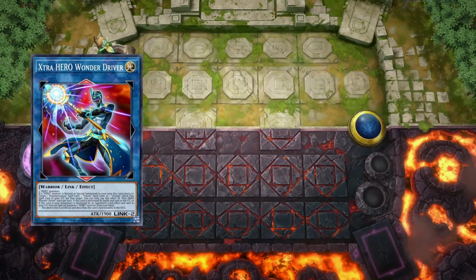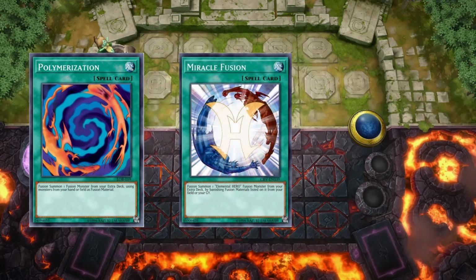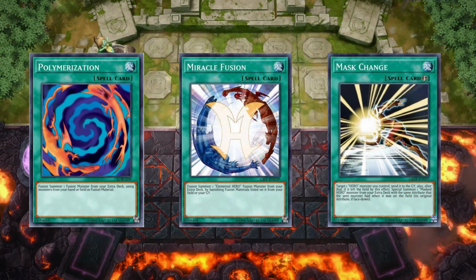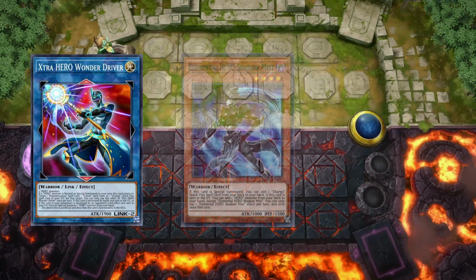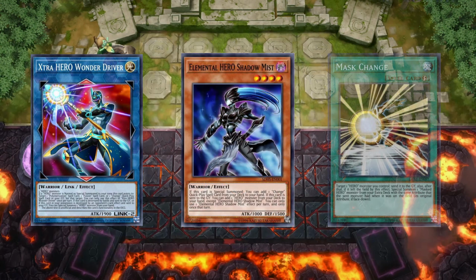As for Extra Hero Wonder Driver, he has the effect to add any Polymerization, Miracle Fusion, or a Change spell card from the graveyard when another hero is summoned, letting you fusion summon more than twice using this card. Plus, if this card is destroyed by battle or card effect, you can special summon any monster from your hand, a good effect when you have Elemental Hero Shadow Mist in your hand in order to get a Change spell